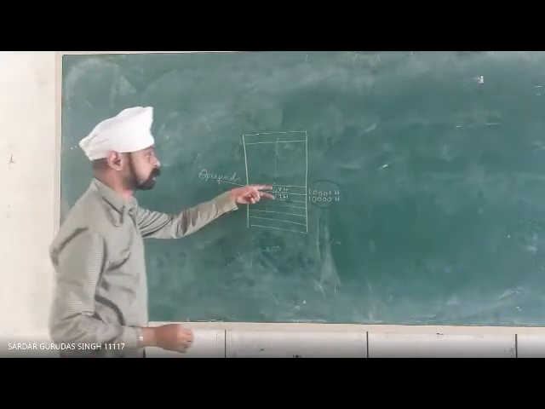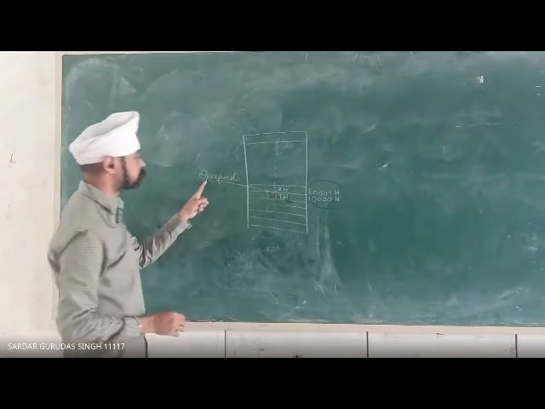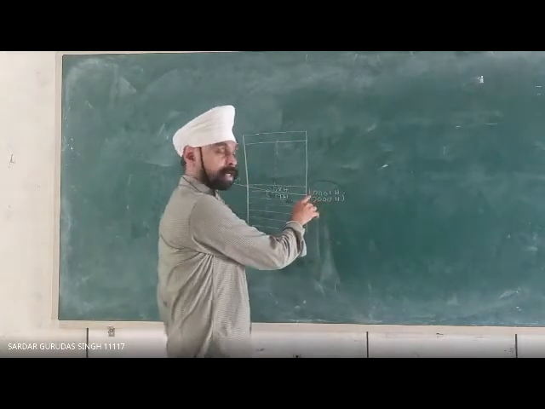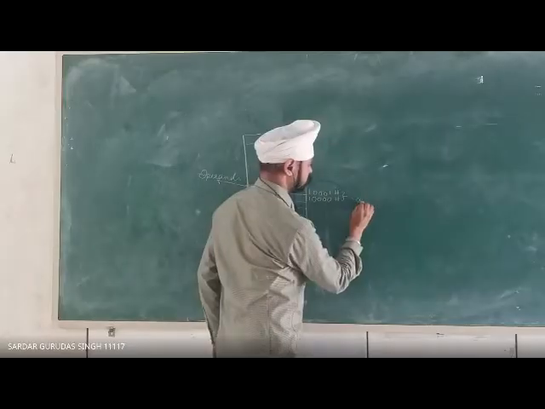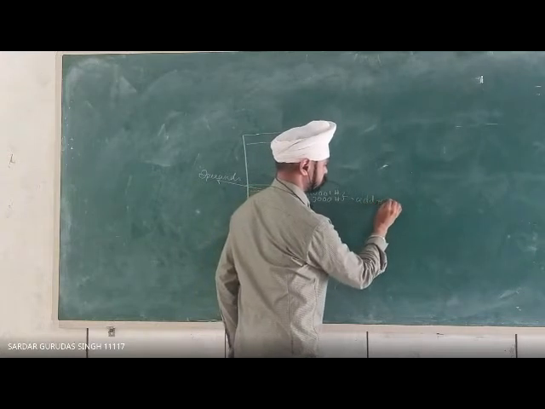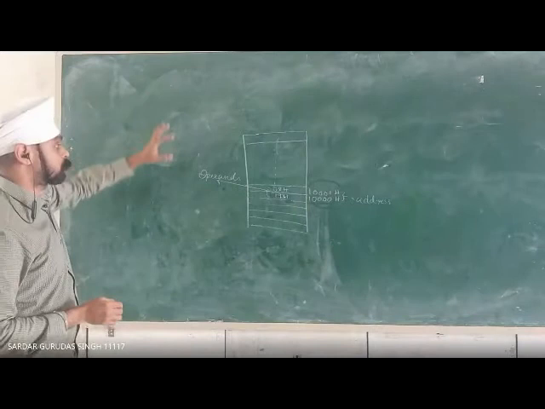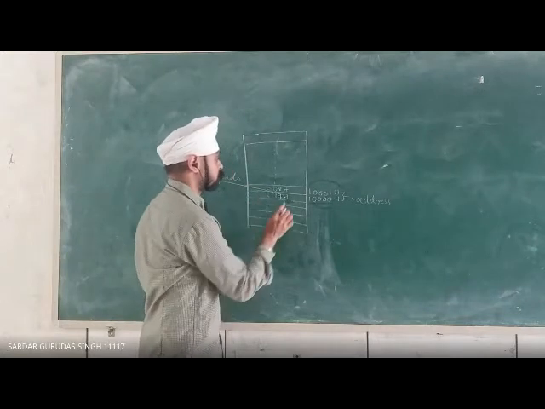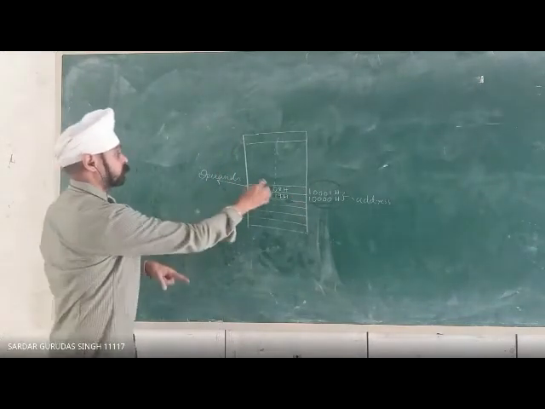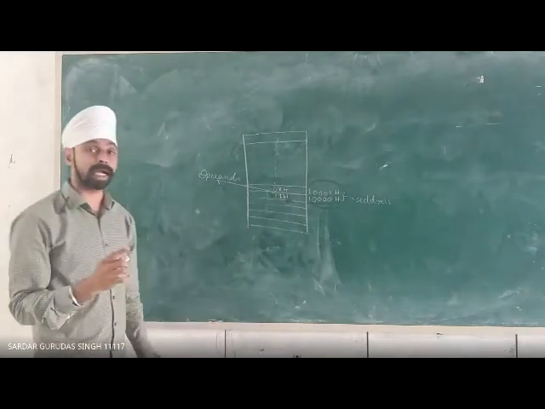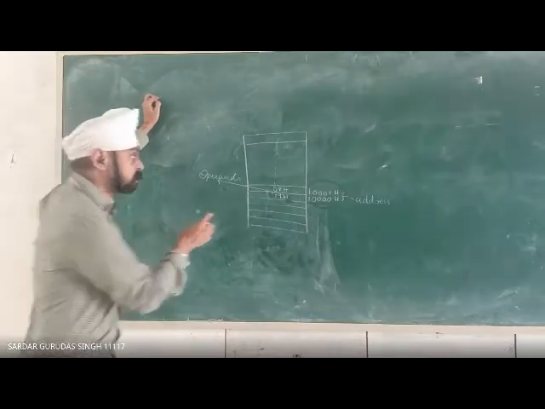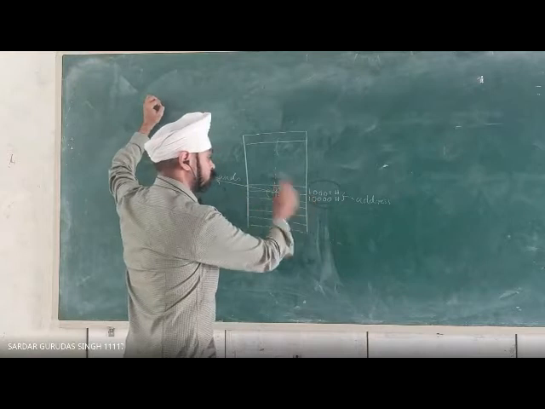What do we call these numbers? Operands. And what does this number indicate? Address. Very good. Address. So some operands are stored in this location, and if you want to access this data, how do you access it? How can your processor access the data that is stored in these two locations?